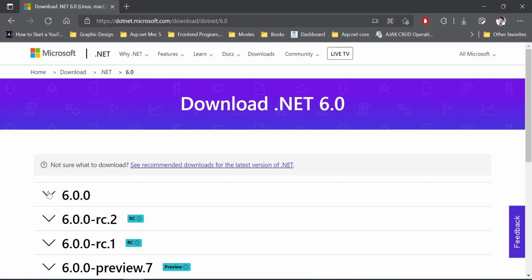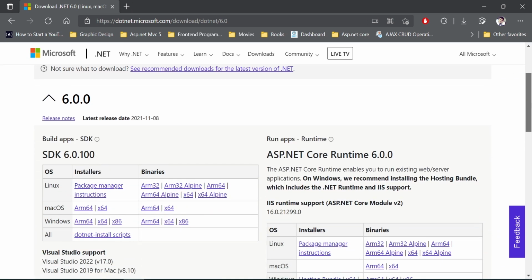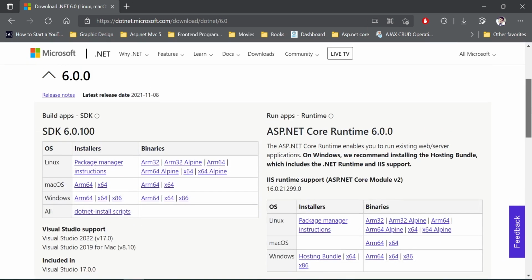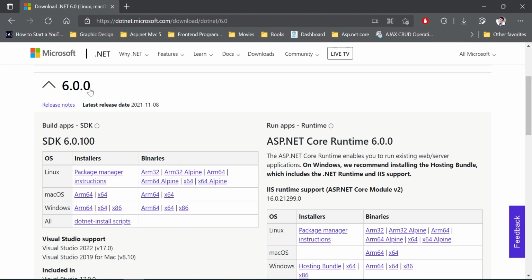Here we have multiple options and variants. We are going to use this current variant 6.0, and for that we need to install the SDK, and the SDK that I am going to install for my system is going to be this one, x64 installer for Windows. If you are on Mac, you need to click this one, depending on which processor your system is using.